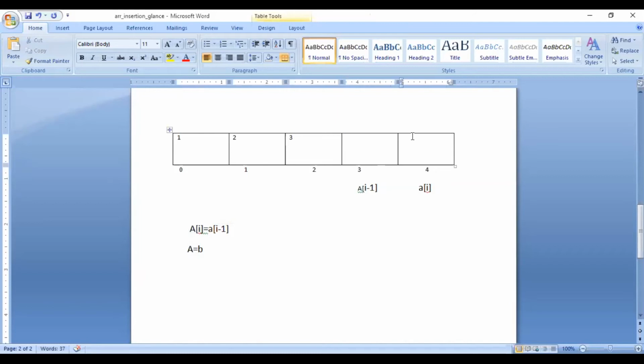Is this clear to everyone? This statement A of I equal to A of I minus 1 is clear to everyone?